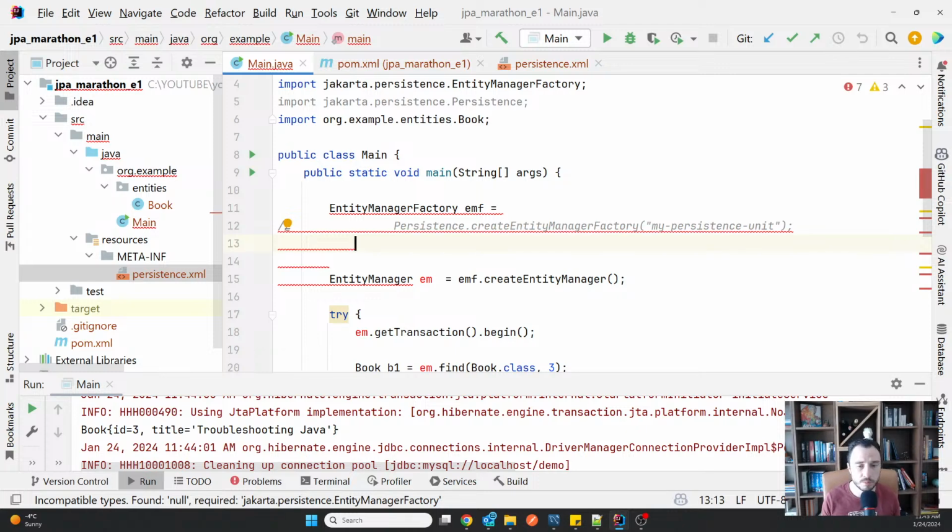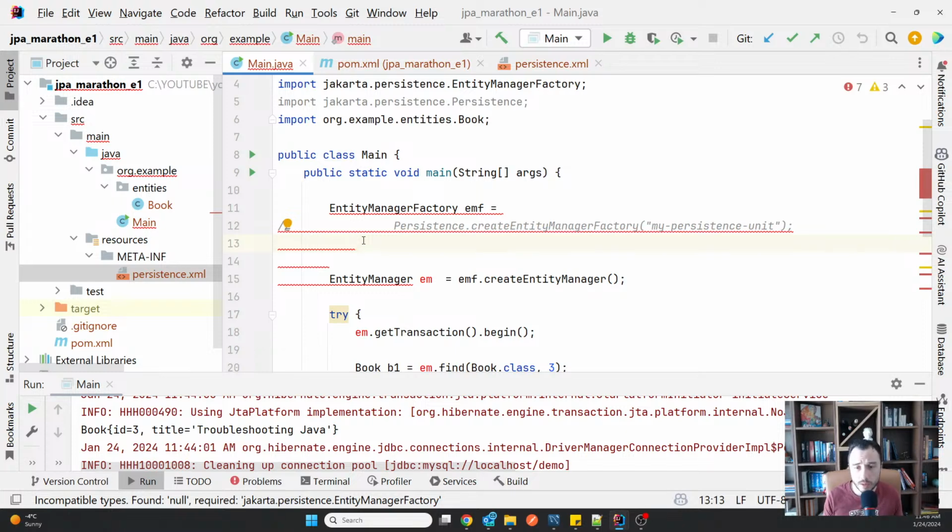Because if you use a Spring Data JPA application, for example, you will never see a persistence XML file. You will just add your properties in the application properties or application YAML file, and somehow they will magically be transformed into the entity manager factory behind the scenes. And then you might wonder, okay, how does that really work? Isn't that a good question? How the heck does Spring Boot create an entity manager factory without having a persistence XML file at all?